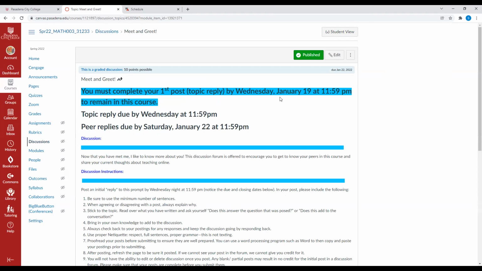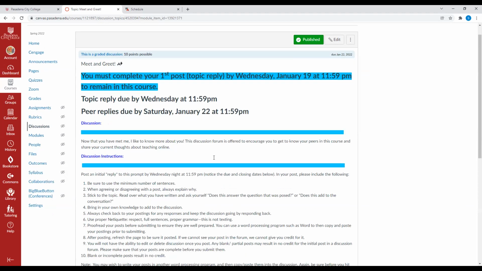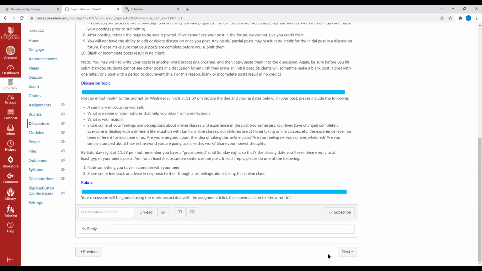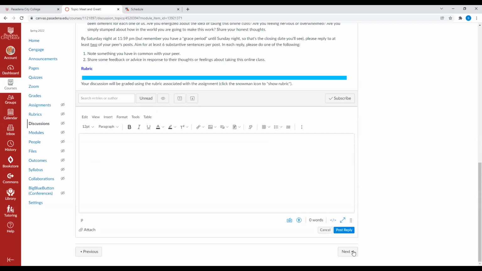Then you will be required to reply to 2 of your classmates by Saturday, January 22nd. Once you're done posting, right here it says reply. This is the place where you are going to be replying and placing a post. And then you just place the reply. Click next. And then it says you're done with the instructions.